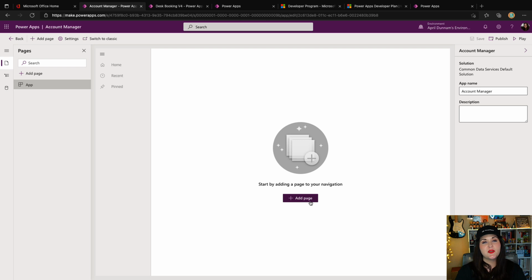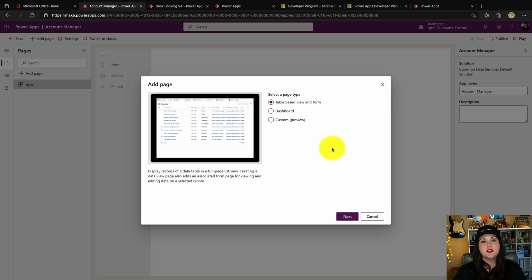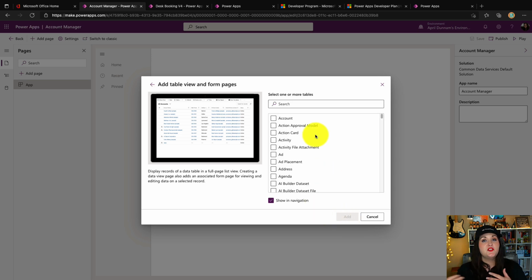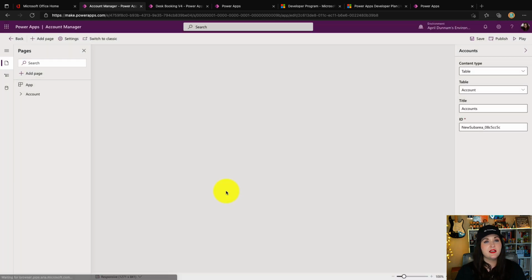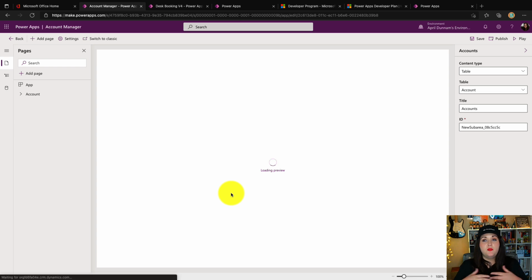But where we can start is we can say add a page, and then we can choose the type of data we want to show. So in my case, for an account management application, I might want to pull in some data in a tabular format from one of my Dataverse tables. So I can choose this table-based view and form and click next. And this is where I said it's very tied to Dataverse. So it's going to show all of the different Dataverse tables that I have. I see I have one here called account. So I can select the tables I want to add, click add,